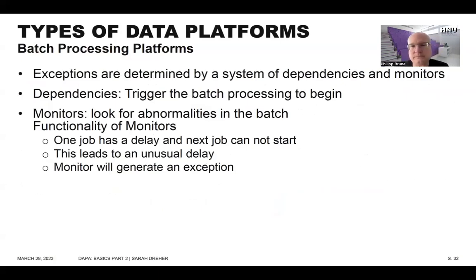So in general, in a batch system, you have tasks or jobs that are executed, and you might have nets of jobs. So each job might trigger other jobs when it's finished. And also they have exceptions, so something might happen if a job runs into a problem during execution. And you monitor the behavior